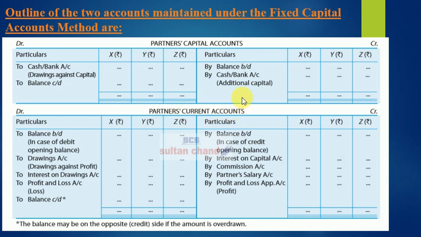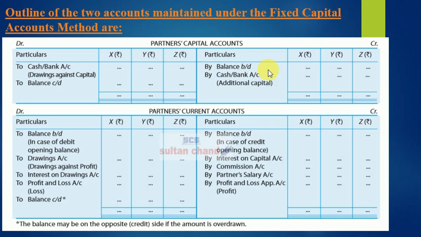In this specimen, there are three partners. So the amount column is divided in three columns. One is for X, second for Y, and third for Z, which is on the debit side. And the same three columns stand on the credit side. And we can also make three separate ledgers for X, Y, and Z individually. But the practice and trend is to make it together to save time in our examination. And this is how most of the questions are solved in the book also.